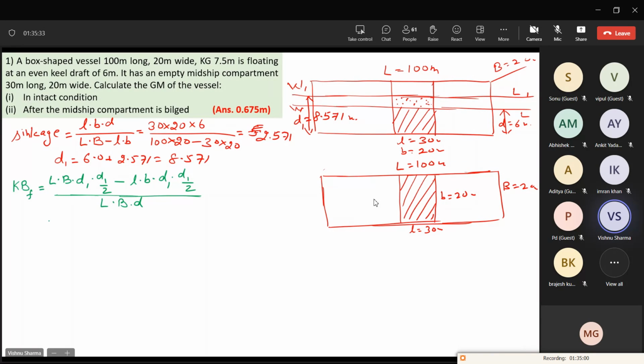In the next step, I put the values and then I pick up the calculator. On the run, I calculate and close it out. 100 into 20 into D1 is, write down like this. Don't waste your time in calculating the by 2 and all that. Write like this, close it out in one go when you pick up the calculator. Don't unnecessarily